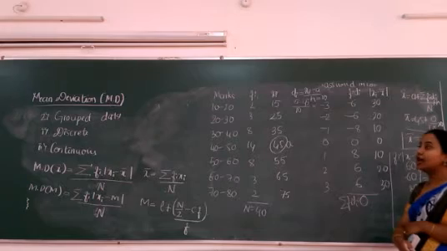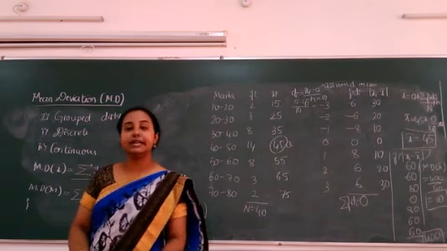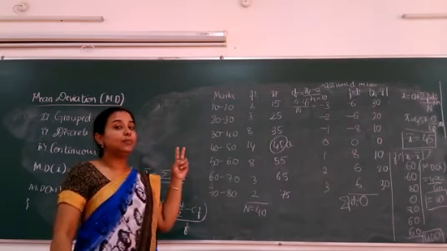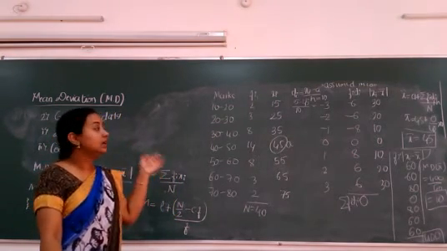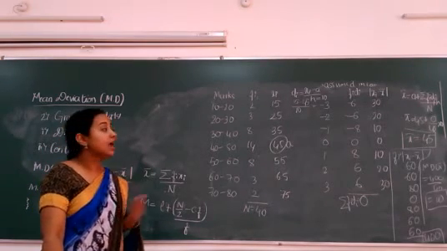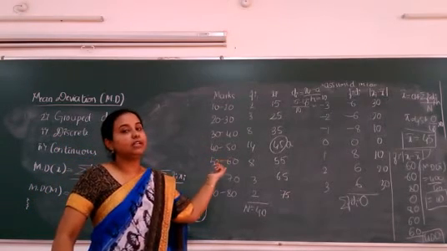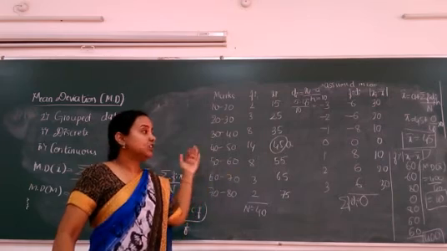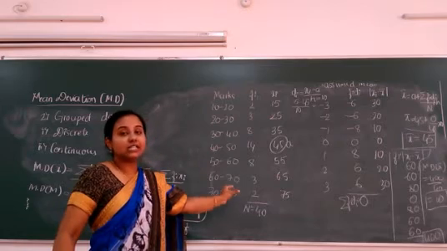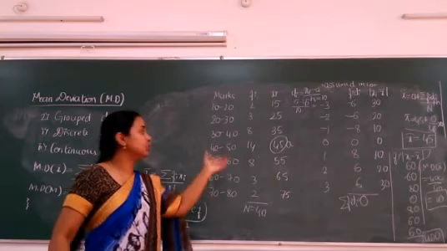I hope everyone is clear on how to calculate mean deviation about mean for continuous data. Now as you might have seen, we have studied two methods here. One is the direct method, the other one is the step deviation method. Our regular method is the direct method, and the second method we have solved here is the step deviation method. Any method you can follow and solve. And generally the step deviation method is used whenever xi's are large. Let us assume that they were 1, 2, 3, 8. If such numbers are there, no need to go for step deviation.